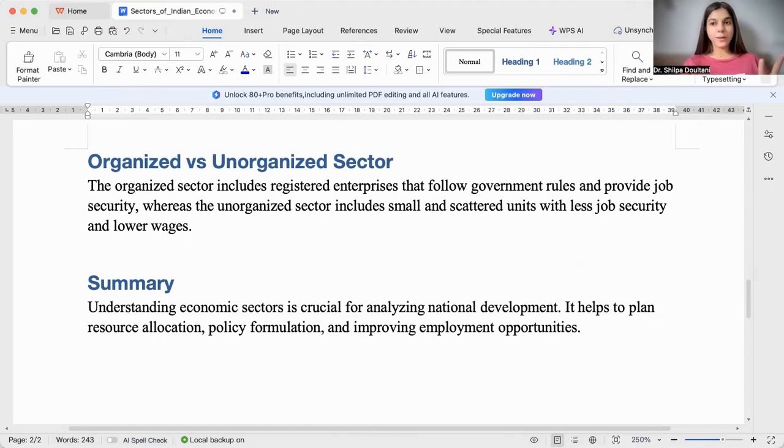Yeah, so that's all about a brief introduction to the country's economy and how we are moving ahead with the